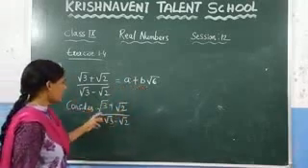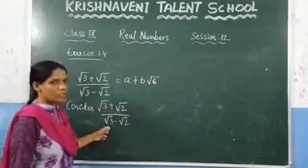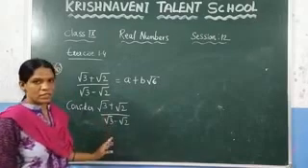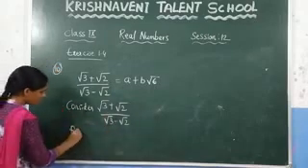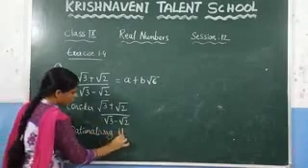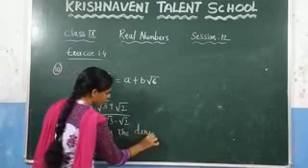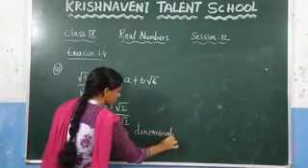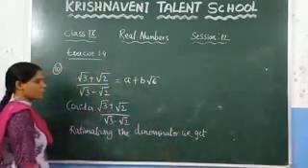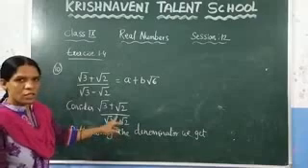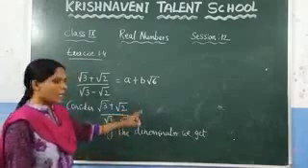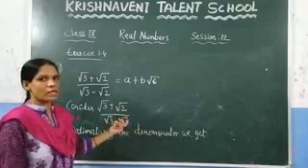Before finding the values of a and b, you have to convert this irrational denominator into a rational denominator. For that, we are doing rationalization. So, rationalizing the denominator we get... How do you rationalize the denominator here? We already discussed it. Here minus is there, so you need to multiply and divide with plus. That means root 3 plus root 2 and root 3 plus root 2, with that we need to multiply and divide.